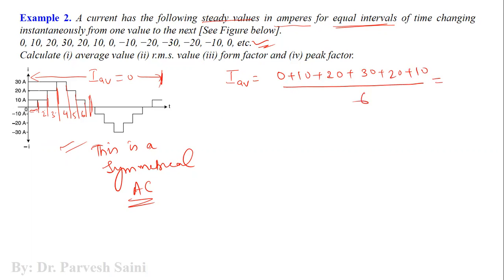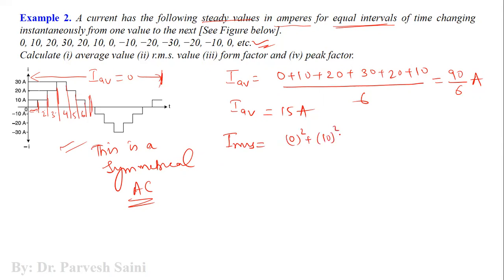So this will be 30, 30, 60, and 90 by 6 ampere. What will be the value? 15 ampere, right? So this is the average value here. Similarly, if you have to find the RMS value in this case, how will you find it? RMS value is root mean square. Square of what? Square of all the